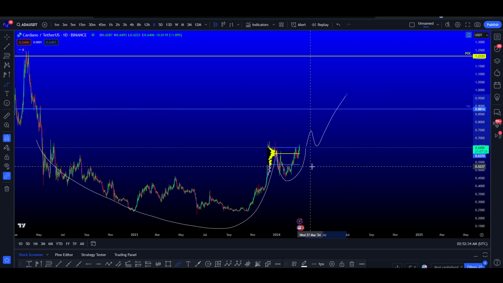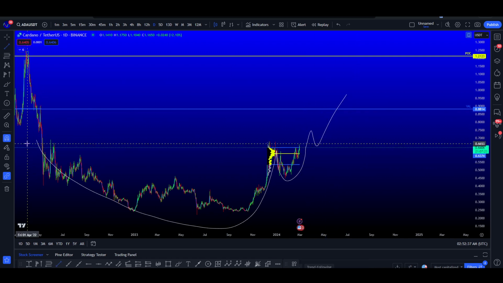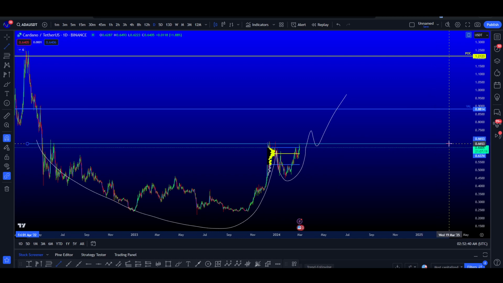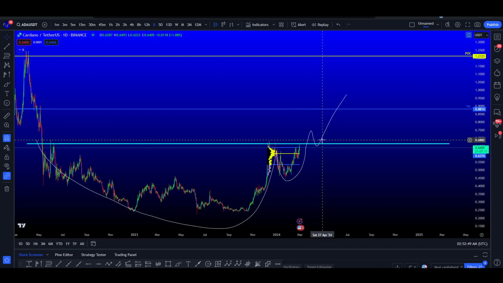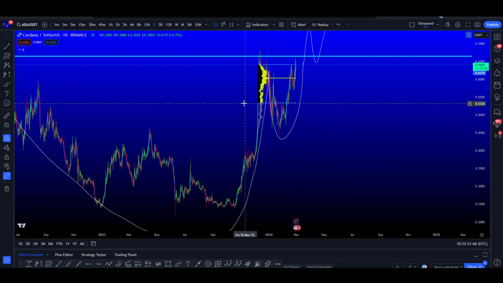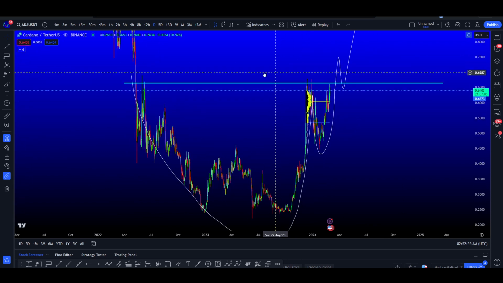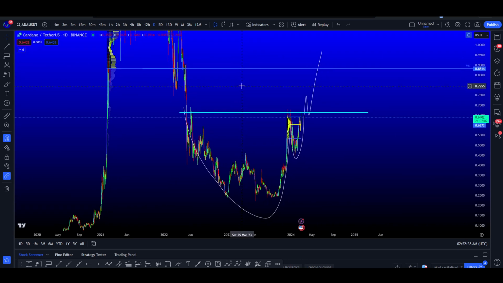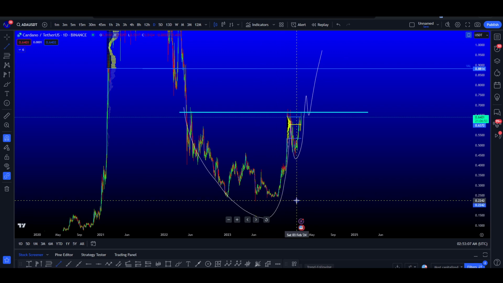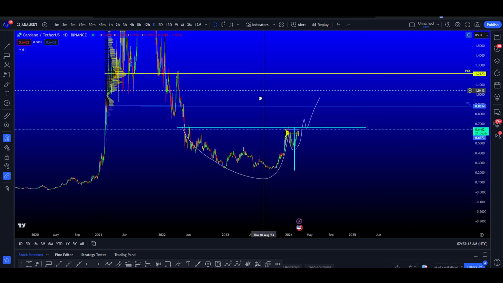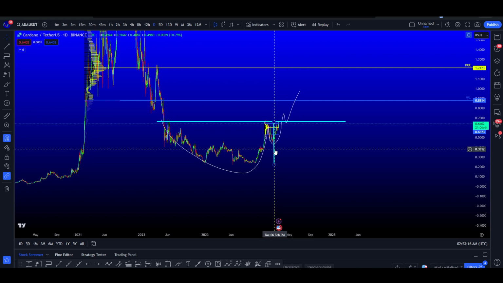So we could probably expect to see something like this, because in the end, this right here would be considered the neckline, right? And once that neckline is broken, we would then be looking for the backtest of this level, just like I have drawn out here, before impulsing a little bit higher. One of the rules when you have a cup and handle pattern is to draw the line from the very low to the high. And this would just give us a general idea of where we would expect price to go after it breaks